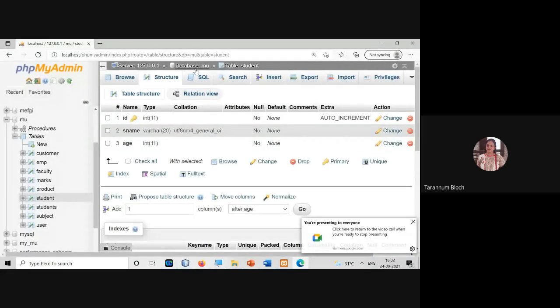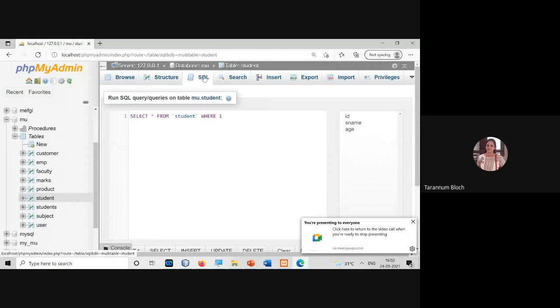For example, what I'm writing is insert into student, right, and I'll give name and age, and I'll give the values.